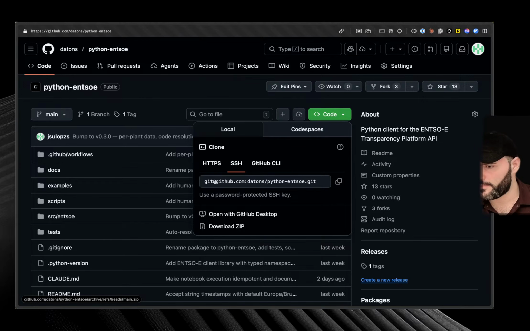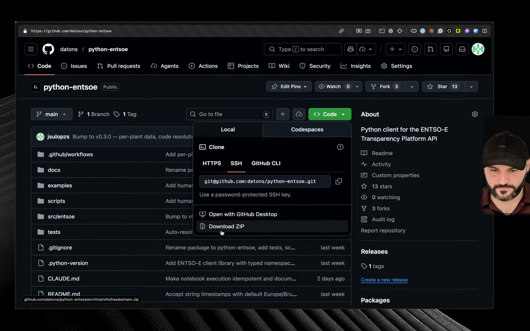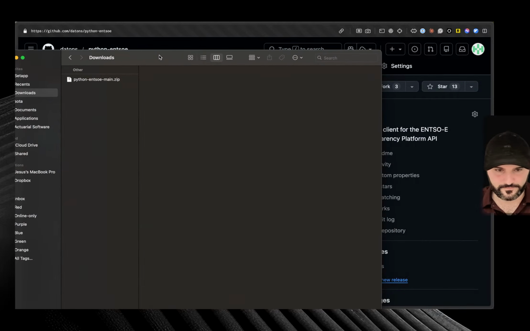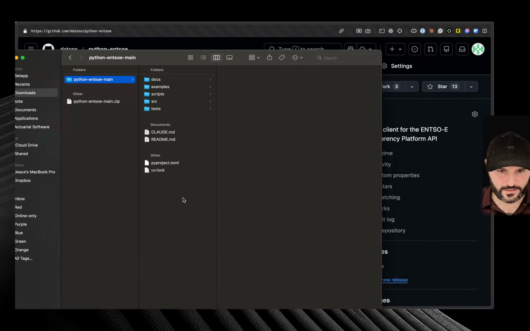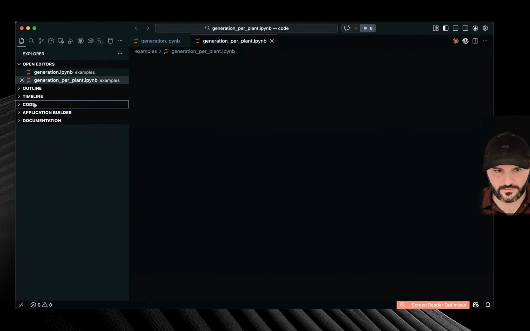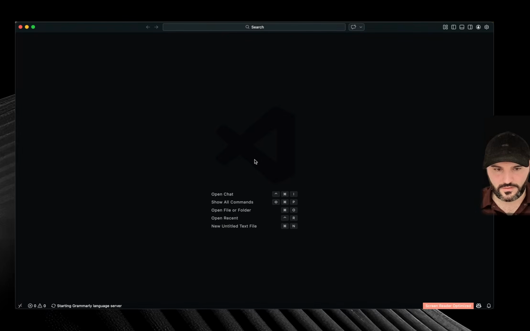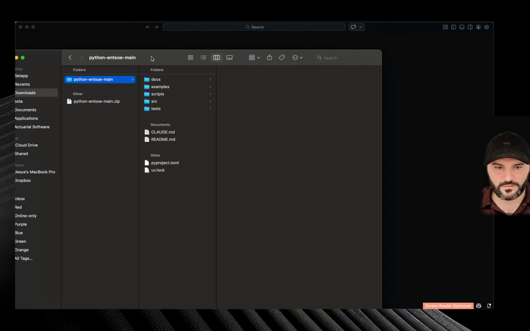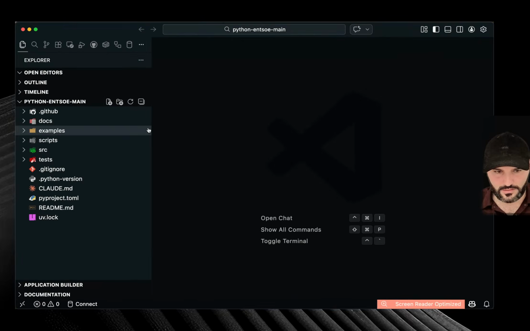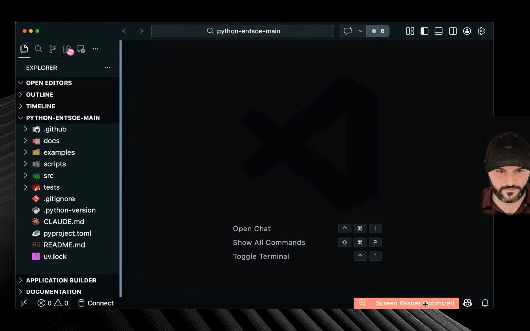And now from here, I uncompress the folder, open Visual Studio, drag and drop the package, and finally